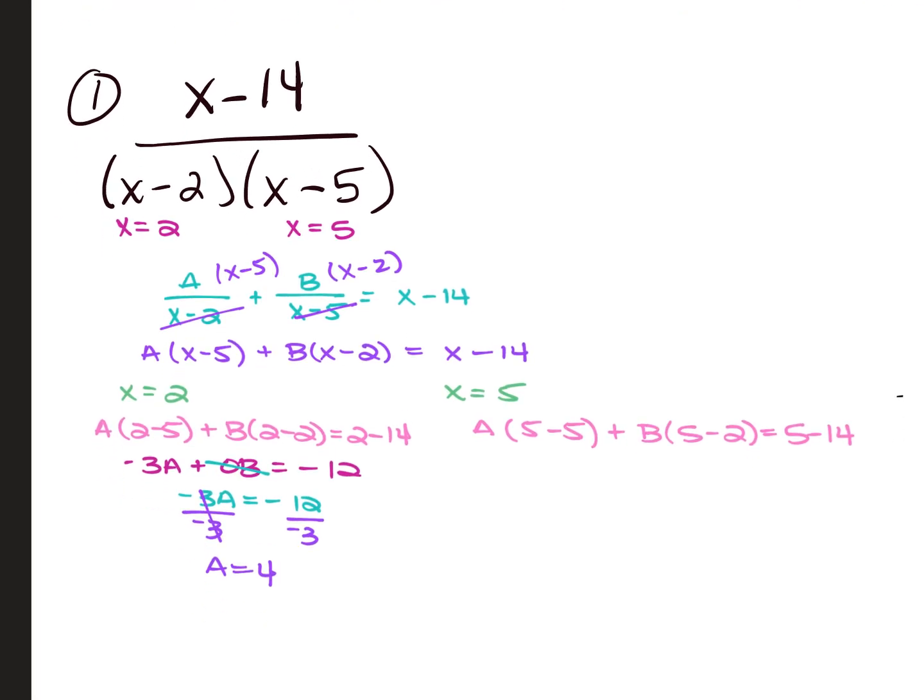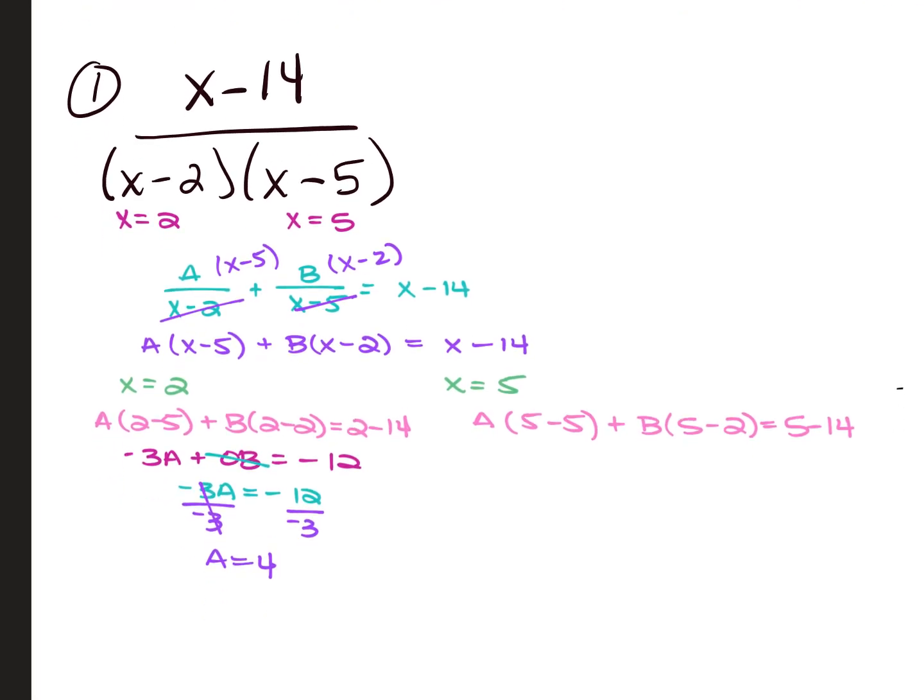Keep that in mind because you're going to use that to rewrite the part that you had, a over x minus 2 plus b over x minus 5. To find what b is, we are going to use x is equal to 5. Plug that in, which we have as a times 5 minus 5 plus b times 5 minus 2 is equal